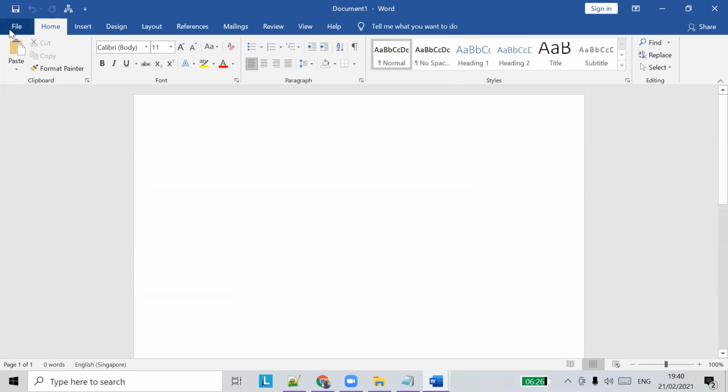So you will have a lot of menus here, right? We have File, Home, Insert, Design, Layout, References, Mailings. We have an array of menus here. This is more advanced, and using this you can type content in a very presentable format. Similar to the Notepad text file, we have all those options: how to print a document, how to copy, how to save a file. Everything will be there.